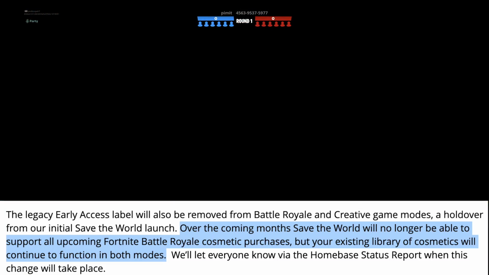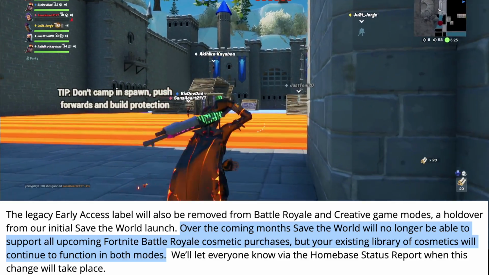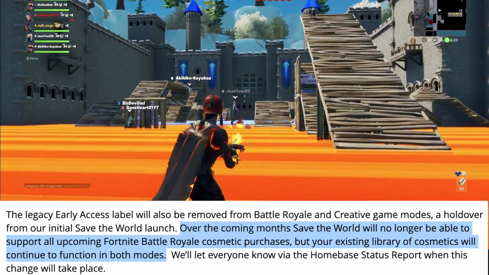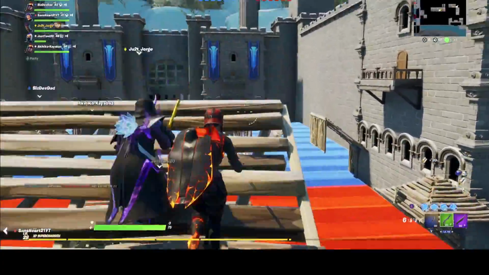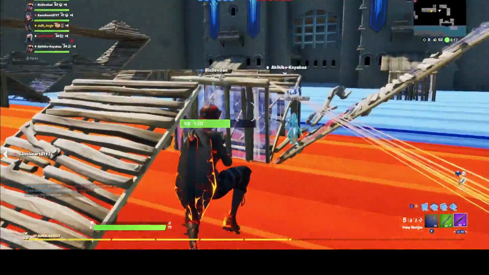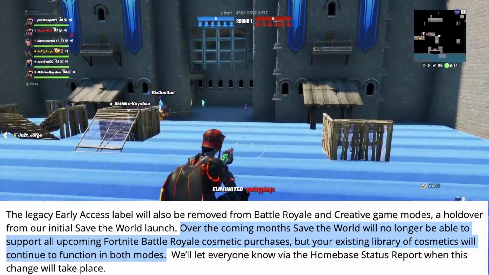This will be confirmed at a later date in the home base news report system, which obviously isn't actually reporting it just yet, but skins in Battle Royale are no longer going to be able to be used in Save the World at some point in time. Now, this isn't confirmed yet on the date, but this is going to happen any time soon,